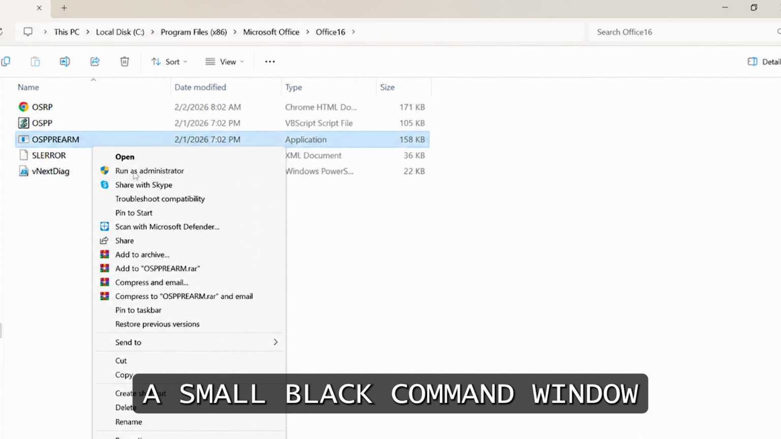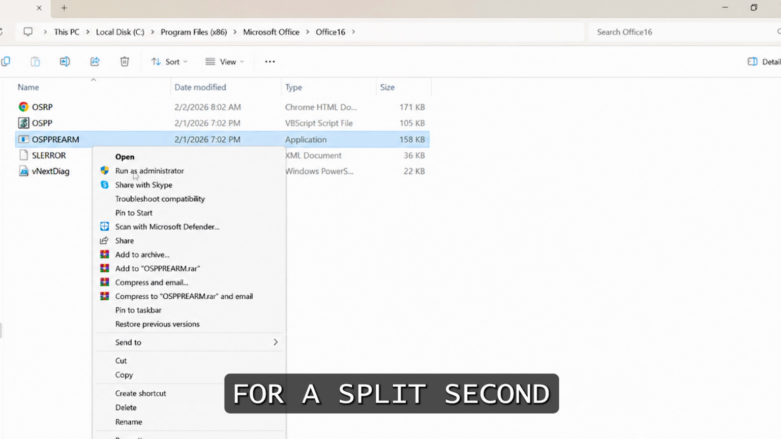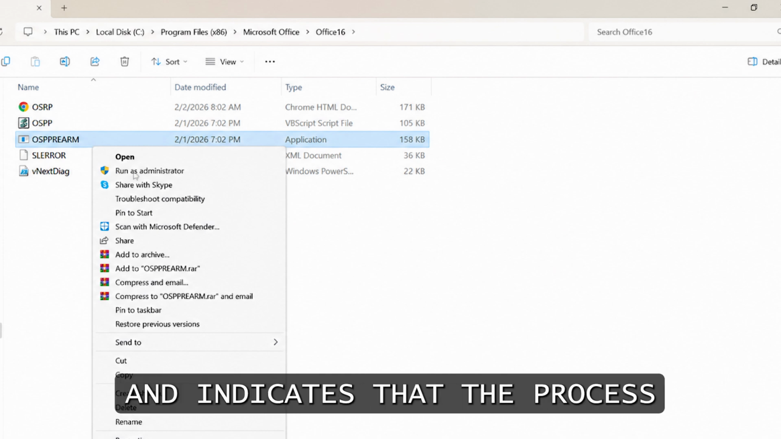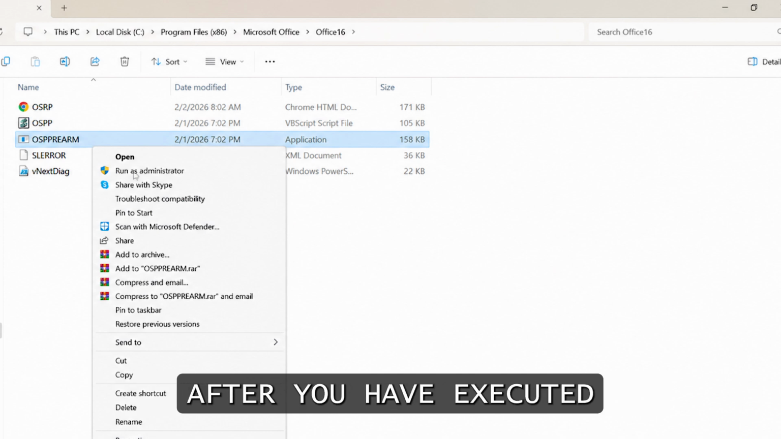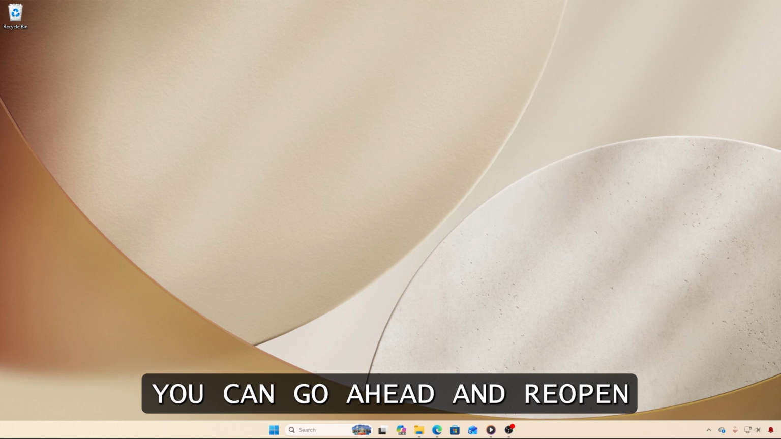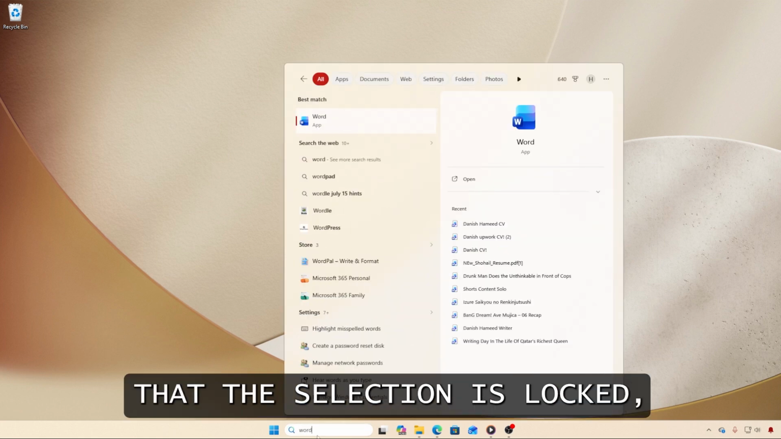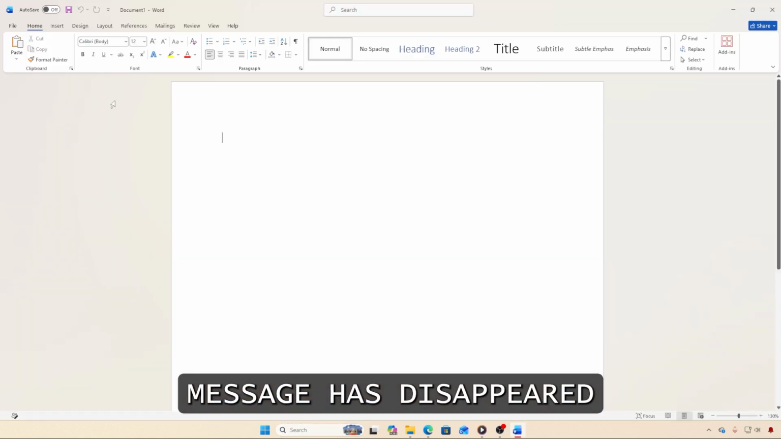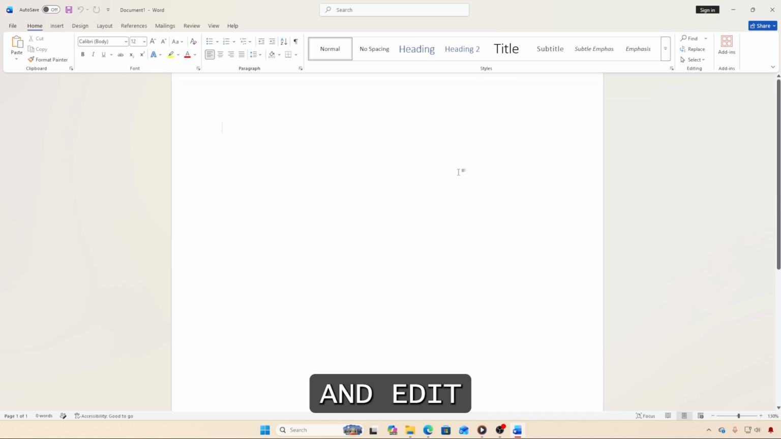A small black command window may flash on your screen for a split second. This is normal and indicates that the process has successfully run. After you have executed the file as an administrator, you can go ahead and reopen Microsoft Word. You should now find that the "Selection is locked" message has disappeared, and you can type and edit your documents